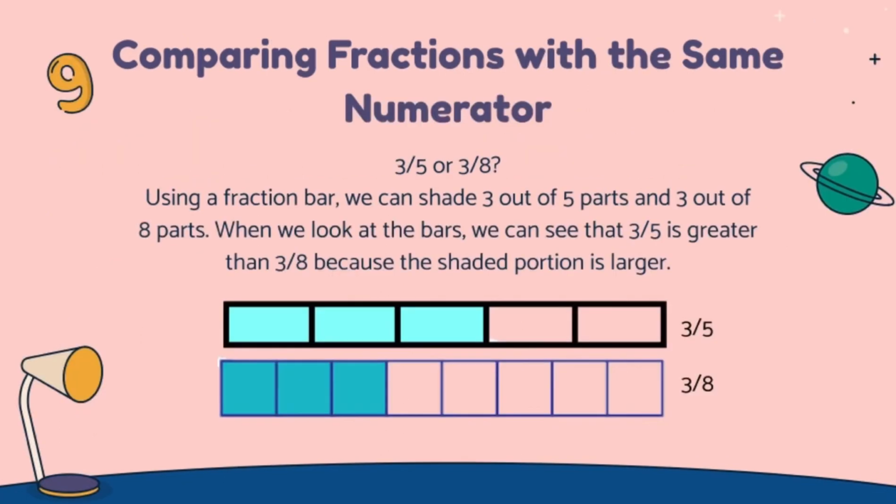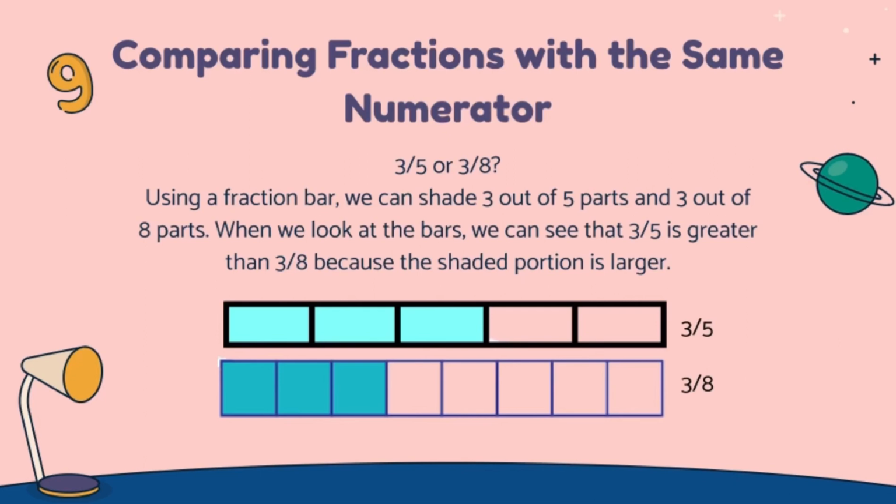We're going to be comparing fractions with the same numerator, 3/5 or 3/8. Using a fraction bar, we can shade 3 out of 5 parts and 3 out of 8 parts. When we look at the bars, we can see that 3/5 is greater than 3/8 because the shaded portion is